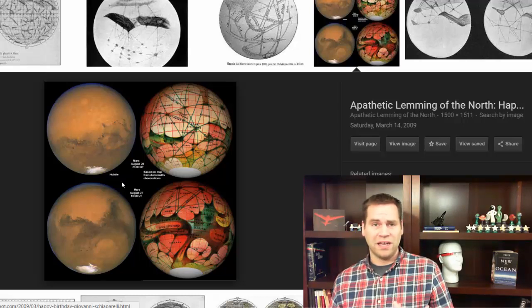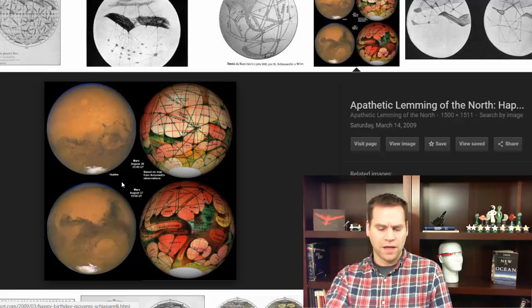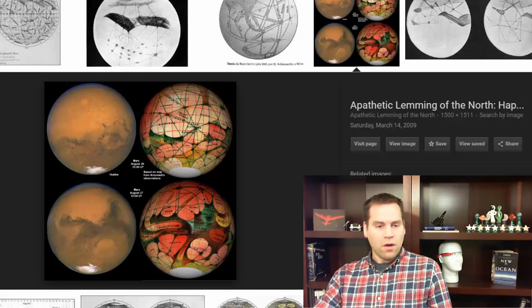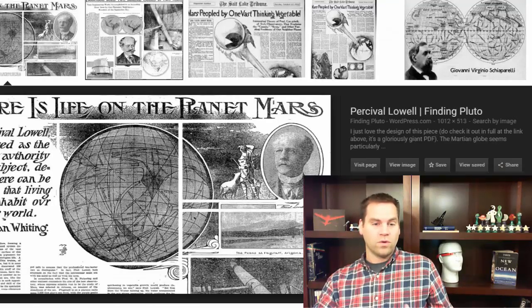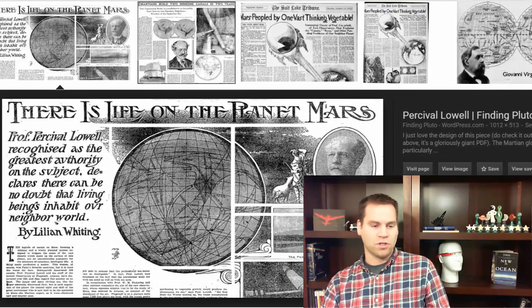Some people have even speculated that maybe it was artifacts on his telescope, lines that were somehow on the mirror or lenses of his telescope, because they were not observed at other places. Now, it wasn't just Schiaparelli, though. More later on, respected scientist Percival Lowell, who had access to one of the best telescopes in the world,